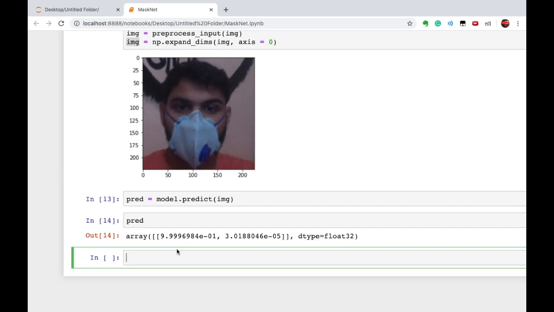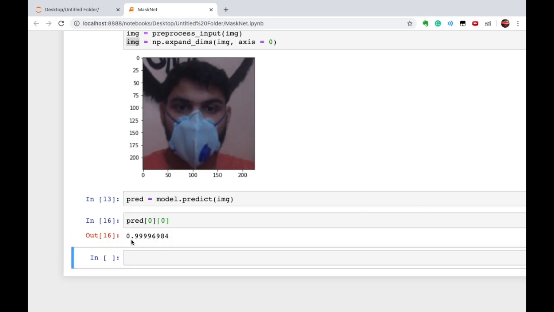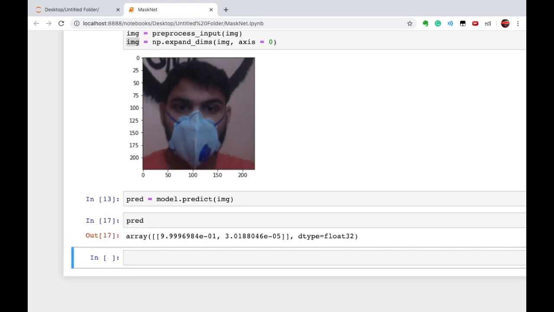In pred, I am getting 9.9999 times 10 to the power -1, which means the value is 0.999, meaning 99% chance for the 0th index.